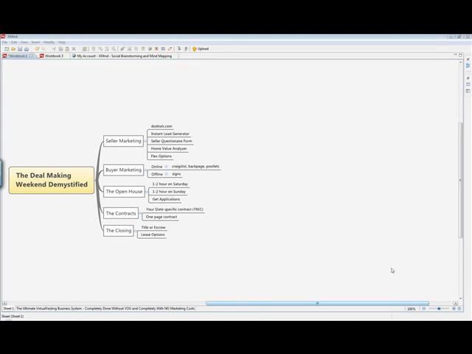A good idea for you could be to find a realtor or another investor in town that you can do this with, so you have somebody to hold you accountable and help you out, because it takes some work to do these kinds of deals in just one weekend. So find a realtor or an investor friend that can help you out and do it with them. So who's going to commit to that?